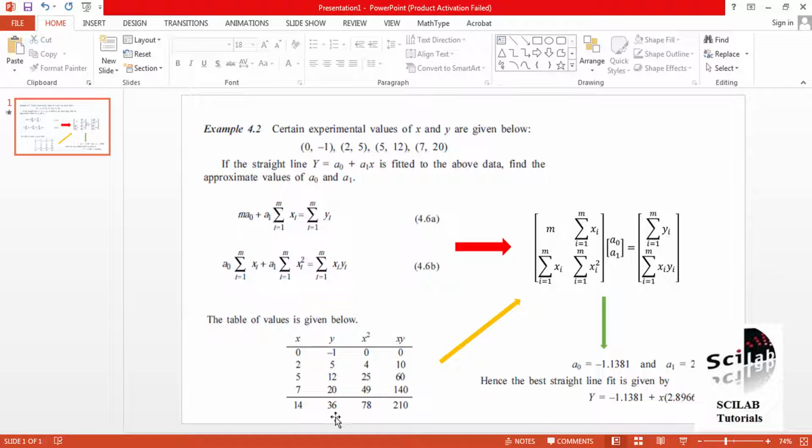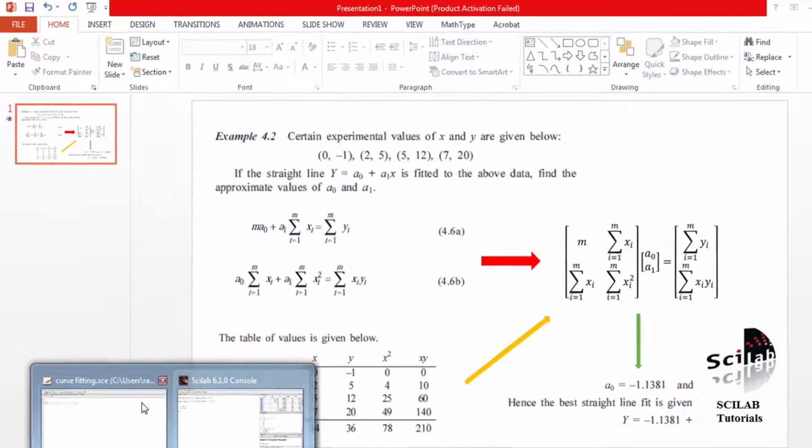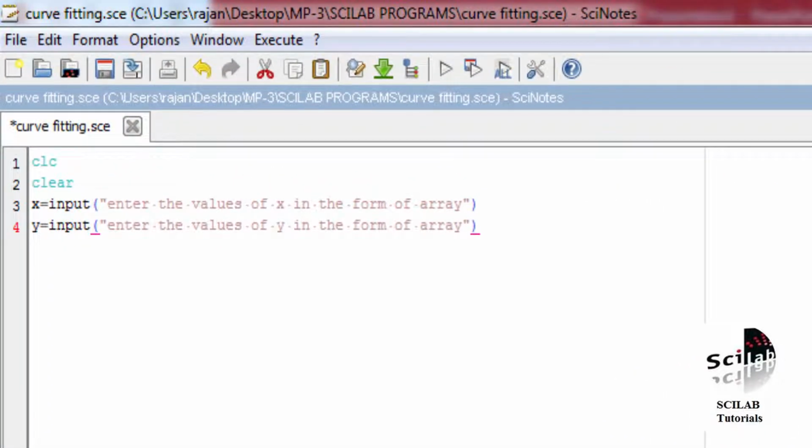So we will write in our code: X is equal to sum(x). This will calculate summation xi. Similarly, capital Y is equal to sum(y). This will calculate summation yi. Now we need summation xi square.